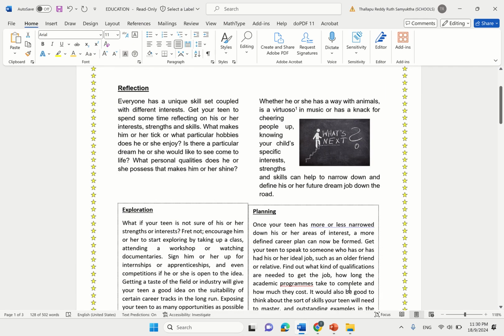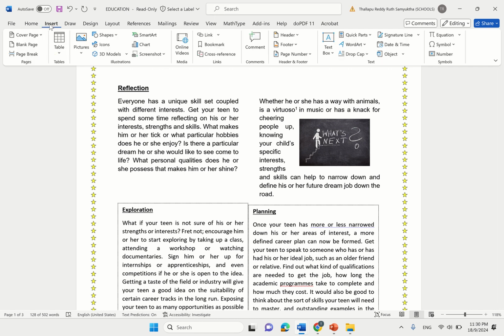I want to create a watermark that will be hard to remove, that people cannot remove when they print out. Also, they cannot pretend that it's their own thing because it has your name or whatever on it. But I also don't want it to interfere with the actual words, because I don't want it to cover anything else, right? So what I'm going to do for that watermark is I'm going to go